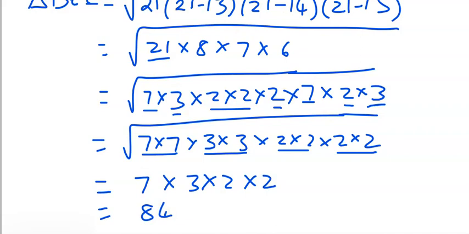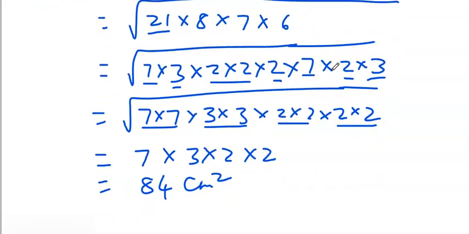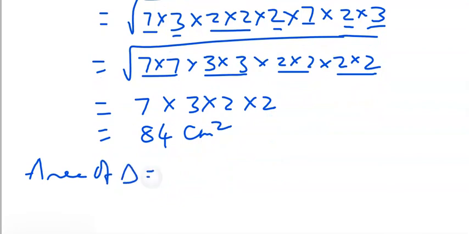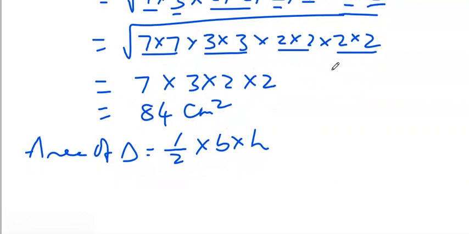Now this is the area of the triangle with the three sides given. After finding the area of the triangle, we know another formula for the area of a triangle. What is the area of a triangle? You know better. Area of triangle is equal to half into base into height. So use this formula and find h from this. We just now found the area of the triangle, which is equal to 84, which is equal to half